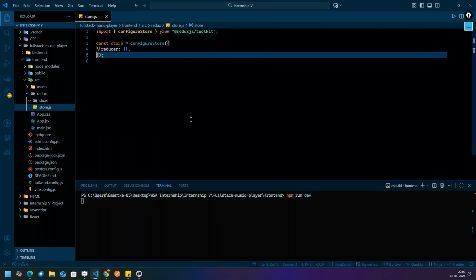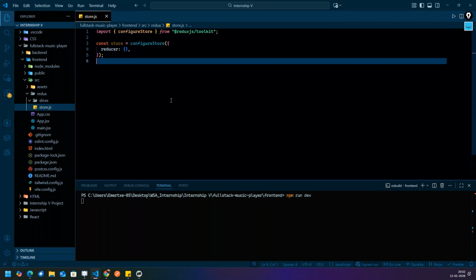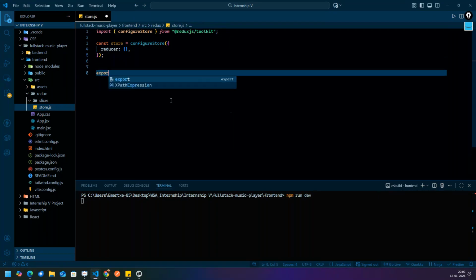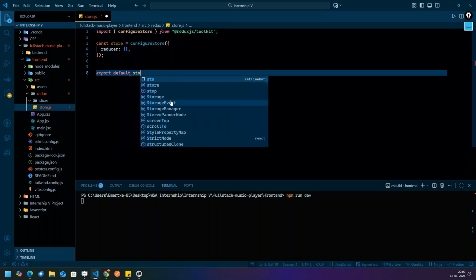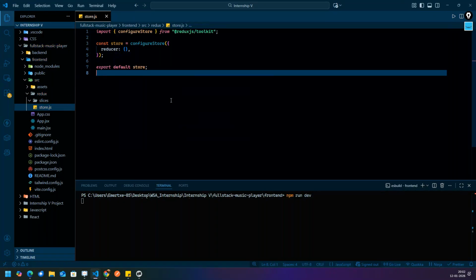Fine. Now in your cupboard, nothing is there. You have bought a new cupboard. You have created a new cupboard over here. Okay, and then export default store. Understood? New cupboard this is. You have done nothing right now. New cupboard you have purchased. Okay. Now let's start adding pants or shirts, whatever we can do. So let's start adding.